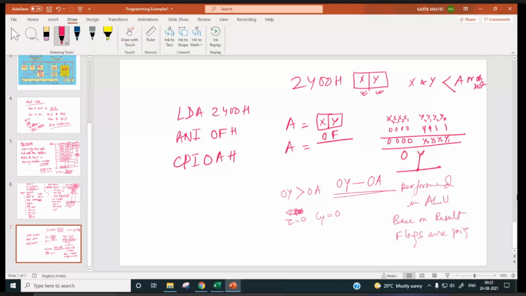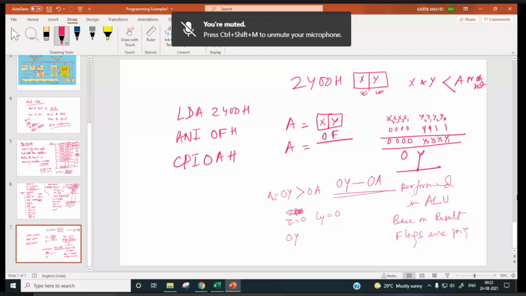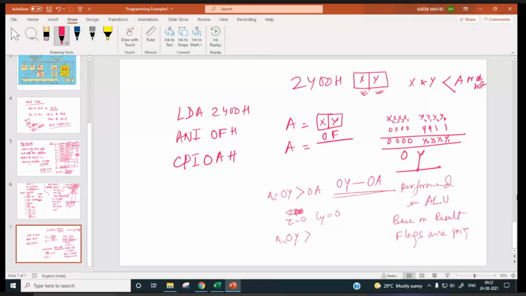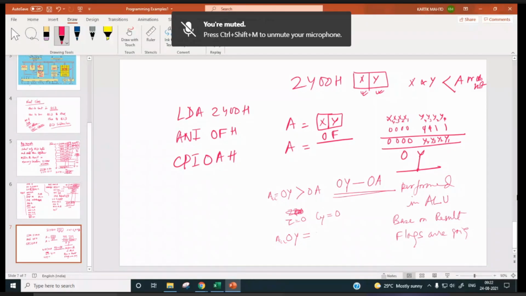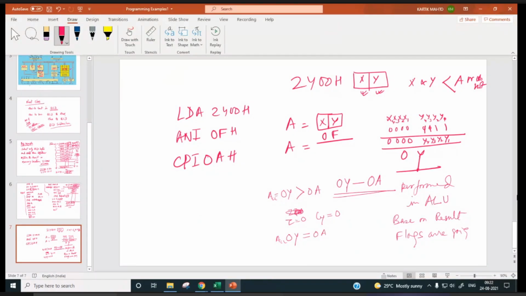And if the accumulator content 0Y is equal to 0A, the zero flag will be 1 and the carry flag will be 0.